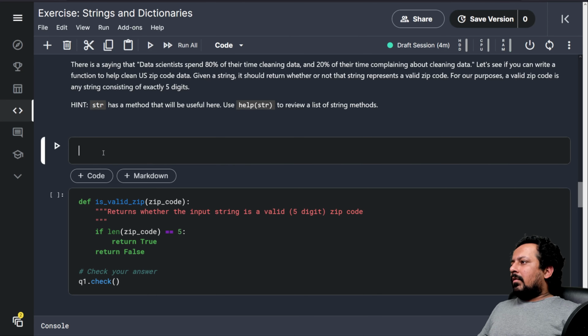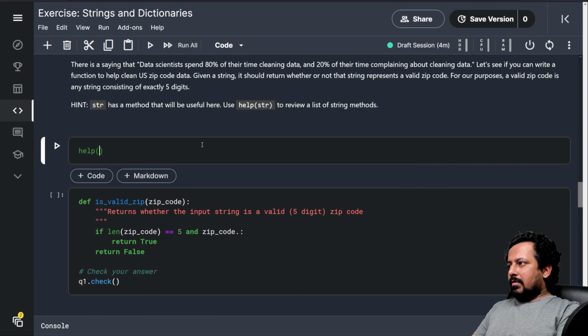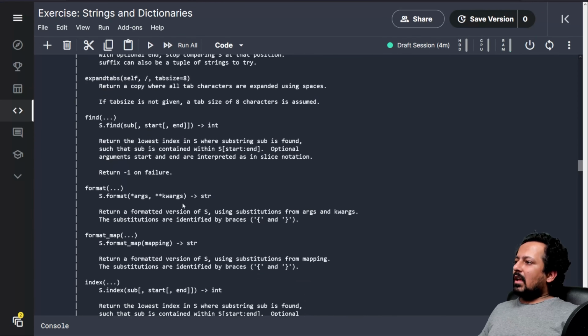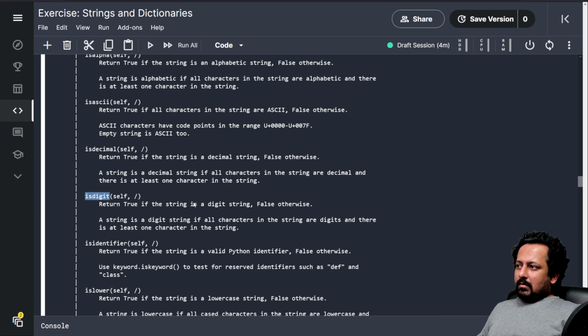So what you have to do is, if you do help on str, it will tell you to look at isdigit. It returns True if the string is a digit string, otherwise it returns False.